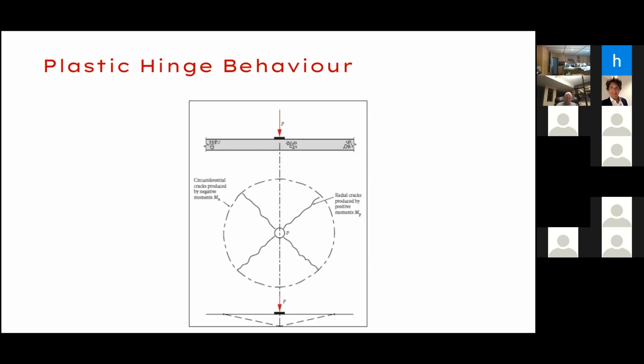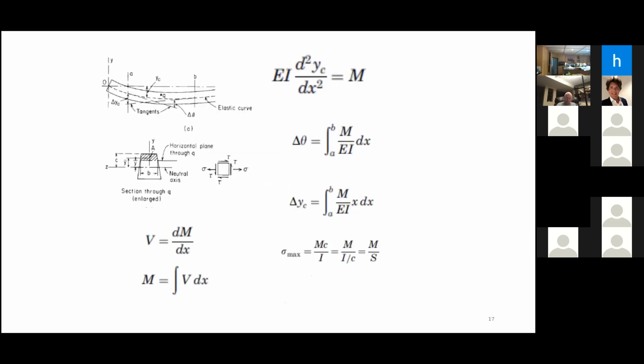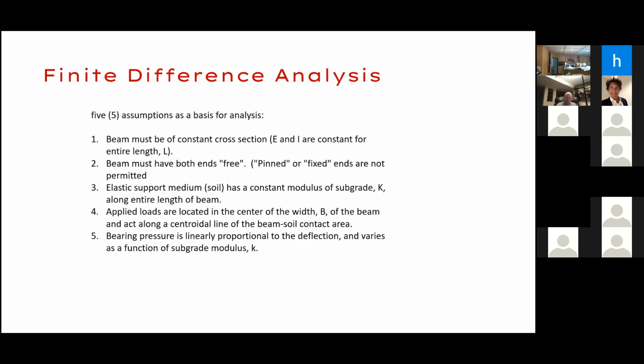So we can have the next slide. And probably there we go. So when we use a